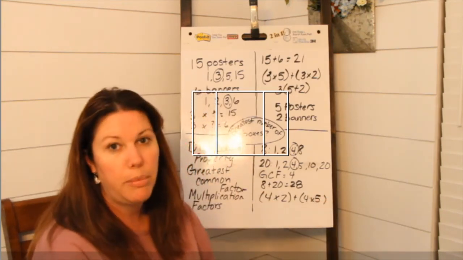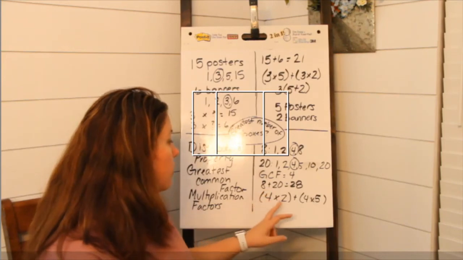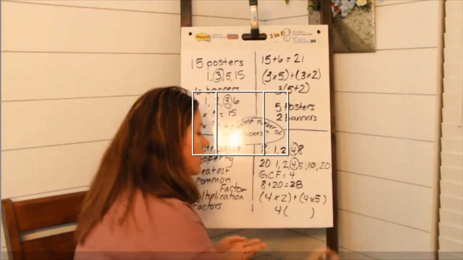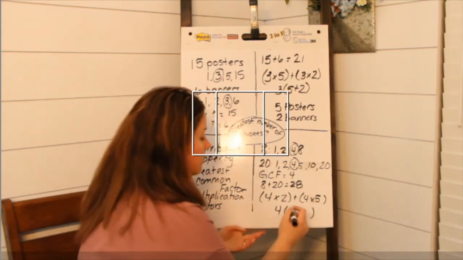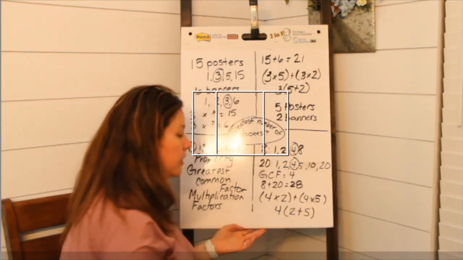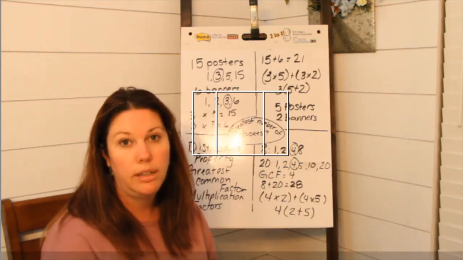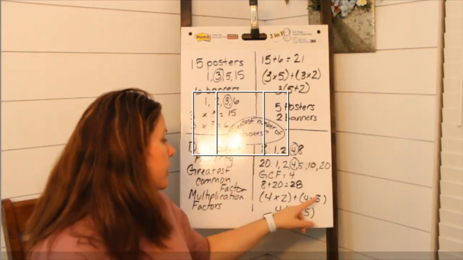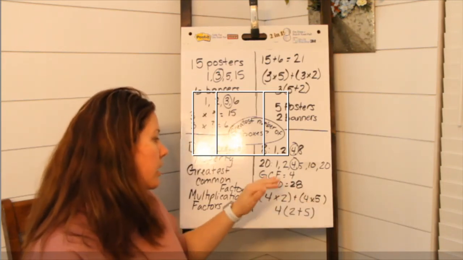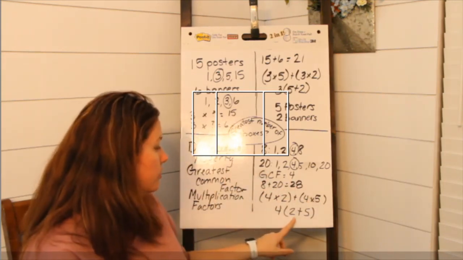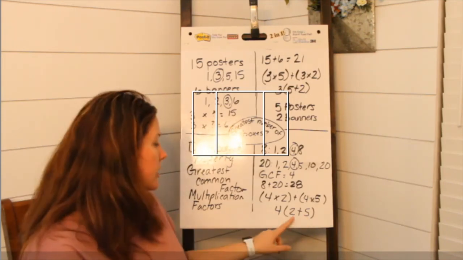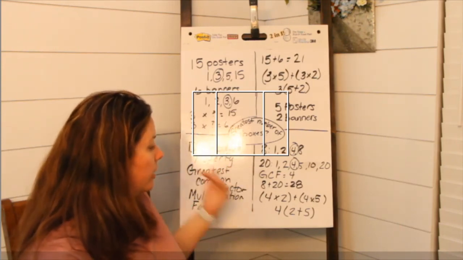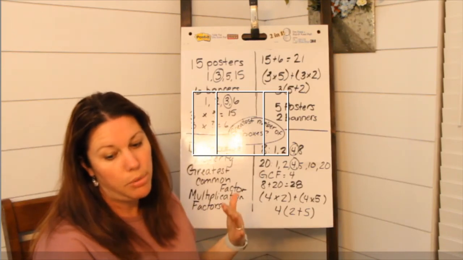So here's the first part of my distributive property. So now since I have a 4 in each of those, I can pull the 4 out, and it's going to go outside my parentheses. And now I have 2 plus 5 left. Now let's just check our work to make sure that these equal 28. So 4 times 2 is 8. 4 times 5 is 20. 8 plus 20 is 28. If we do this one, 2 plus 5 is 7. And 7 times 4 is 28. So there we go. We have our greatest common factor, and we have our distributive property to solve this problem.